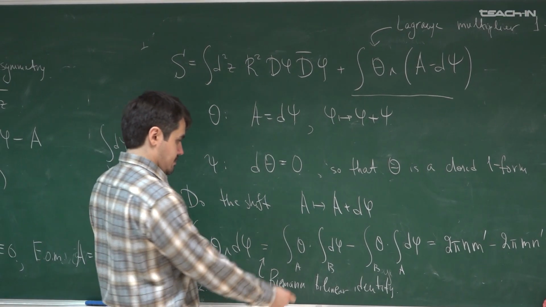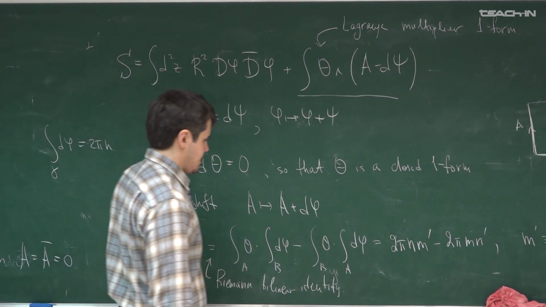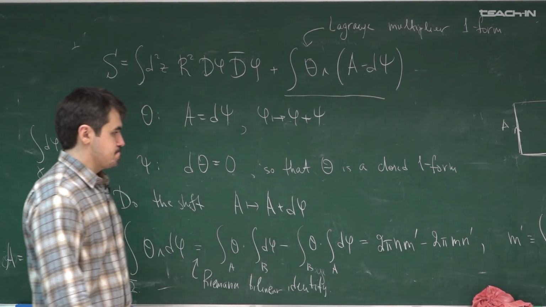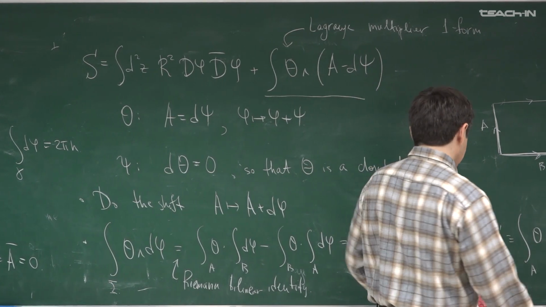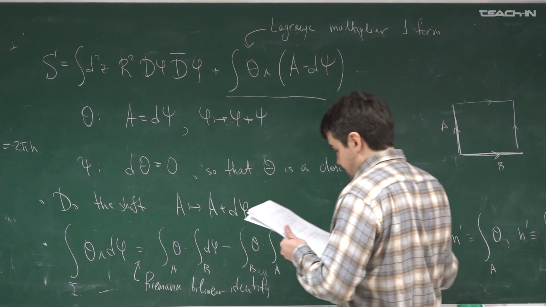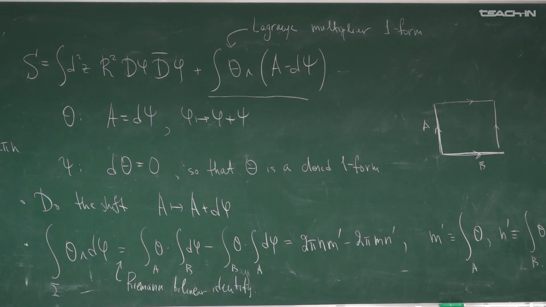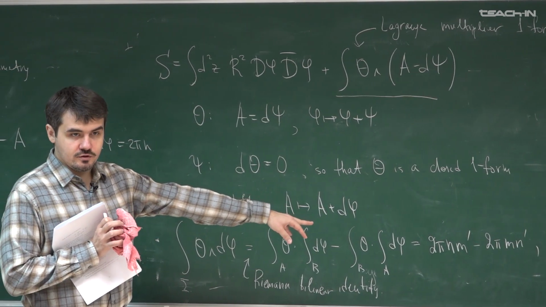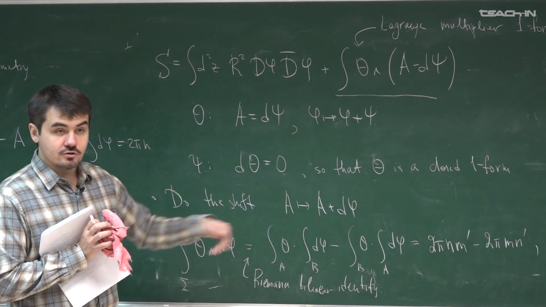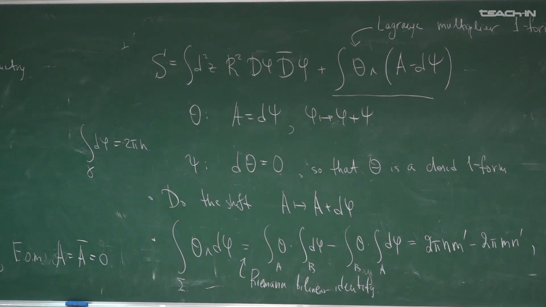And then the windings of phi are 2 pi n, 2 pi m, because phi has periodicity 2 pi. And m prime and n prime are just the definitions. These are the windings of theta. Okay, and now phi has almost disappeared from the action, apart from the fact that it contributes these integers. The rest of phi has disappeared from the action. But